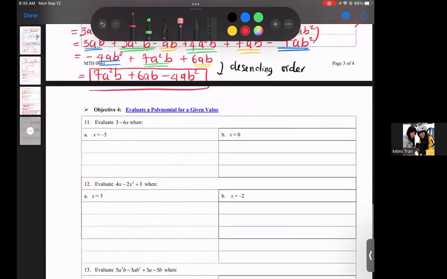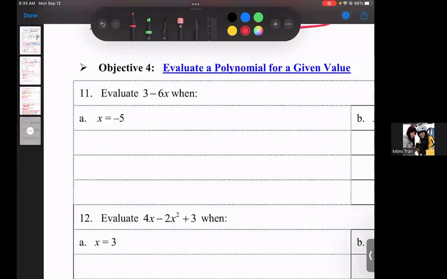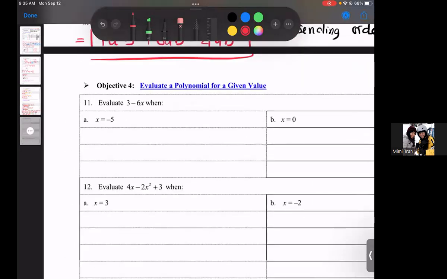Evaluating. I have 3 minus 6x. I want to substitute -5 into x. So if I was you, I'd write it like this: 3 minus 6 times parentheses. Every time I see a letter, I replace it with parentheses, and then I shove that -5 in there. -6 times -5 is positive